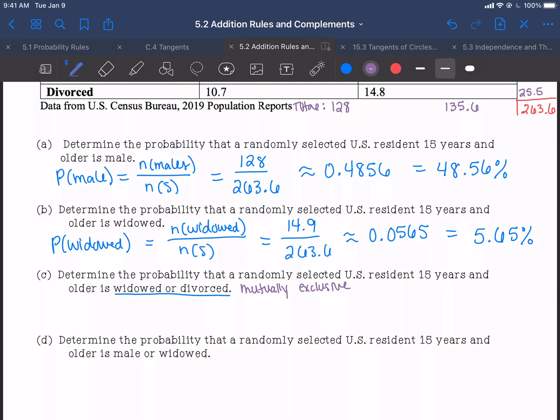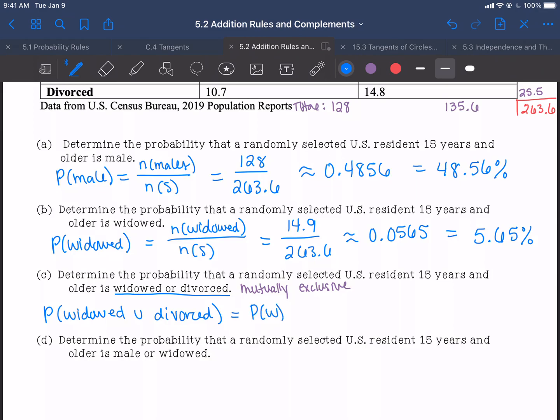Okay, but that would be two different situations. We're talking about, if someone was surveying you and they came and asked, are you married, widowed, divorced, or never married? You're only going to select one of those options. So since they're mutually exclusive, we just add their probabilities together. So the probability that you are widowed union divorced, because that means or,